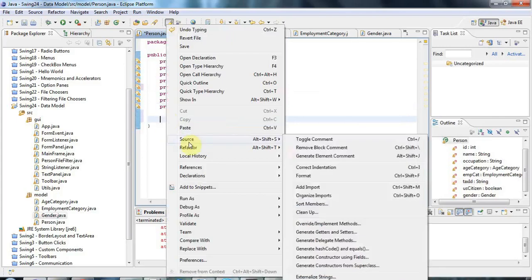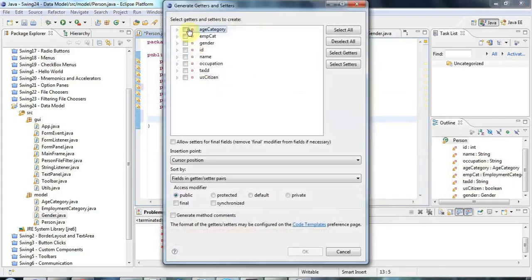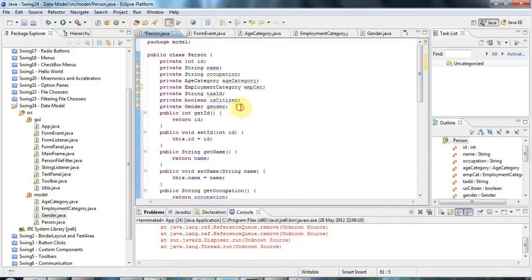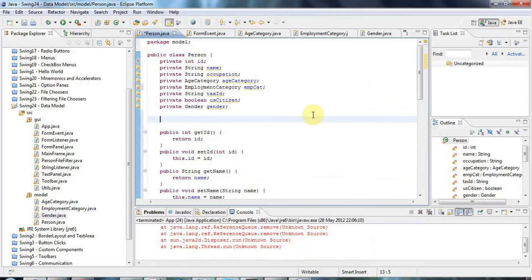That looks okay. So now let's go ahead and create the getters and setters. So I'll right click, go to source, generate getters and setters, and I want to generate getters and setters for all of them here like this. And for the moment I don't know if I really want a constructor, because to create a constructor with all these values is going to be quite long. I may do actually. Let's say public person, and why not? So let's say int ID. In fact, I'll miss out ID for the moment, so I've got a set ID. I'll just give it a string name, string occupation,